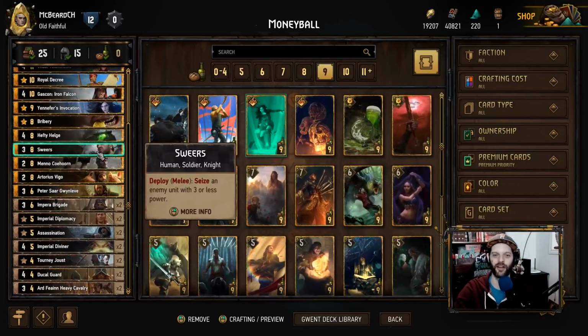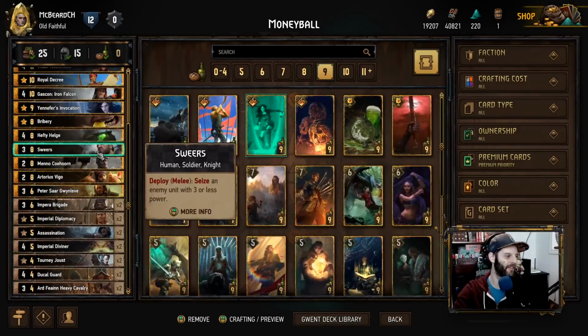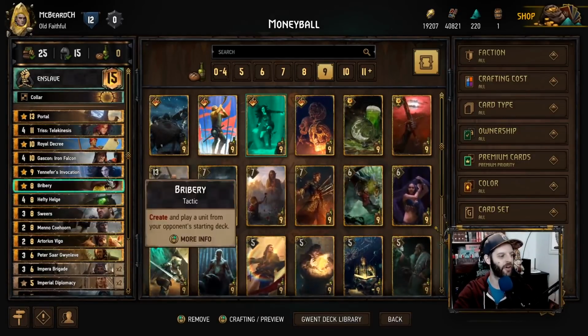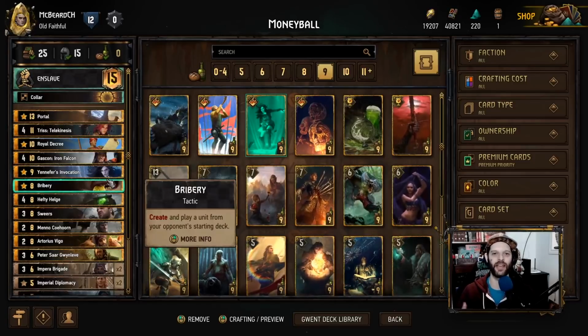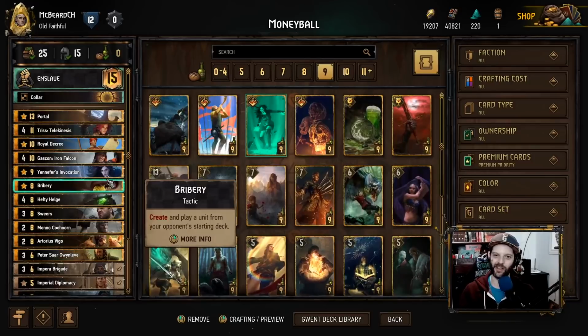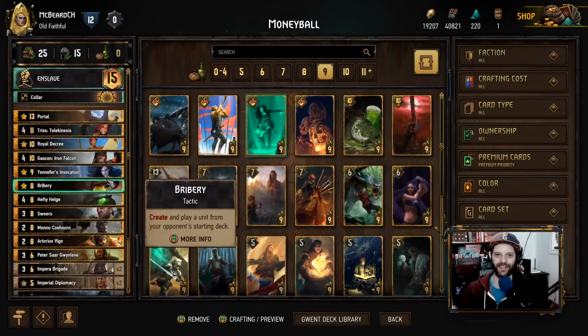It's a great tempo card, a great push card on red as well. So you probably always want to run Swears. Bribery, of course, to proc Assimilate, and generally it is a good card. We only roll it once. We don't run Skellen, but a single Bribery in order to get our 8 tactics with an Assimilate build,